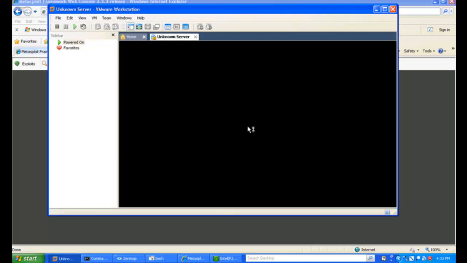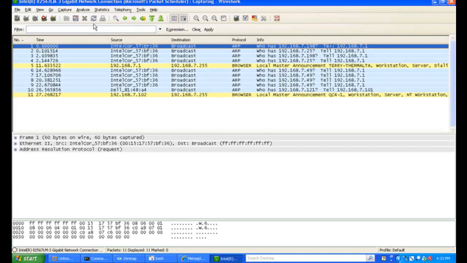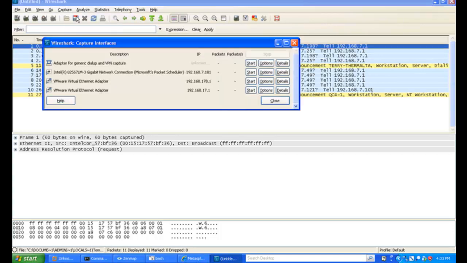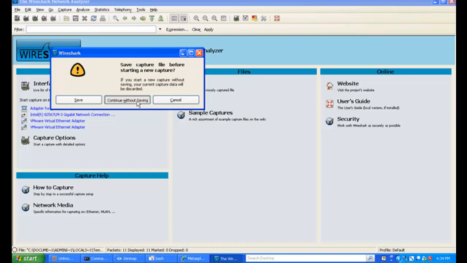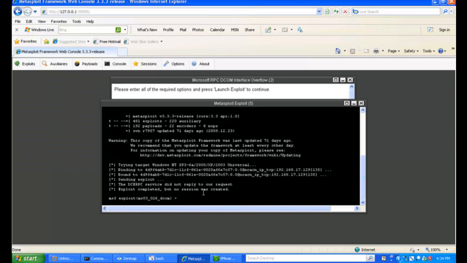Now here's what happened. Everything worked. I was sniffing at the wrong place. So I'm going to stop this one and show you what happened. I picked this interface, which is a real interface, but what I should have done was this virtual interface right here. So now I'm going to click on that one, and now go back to Metasploit and run the thing again,